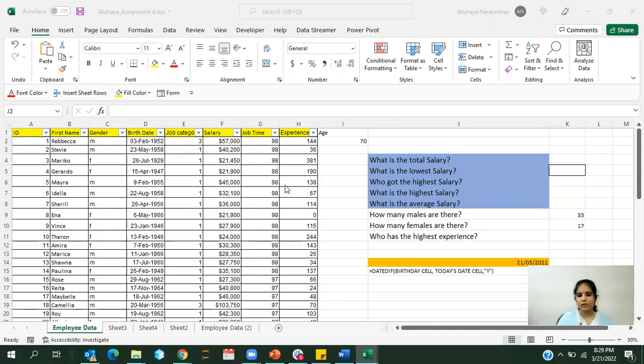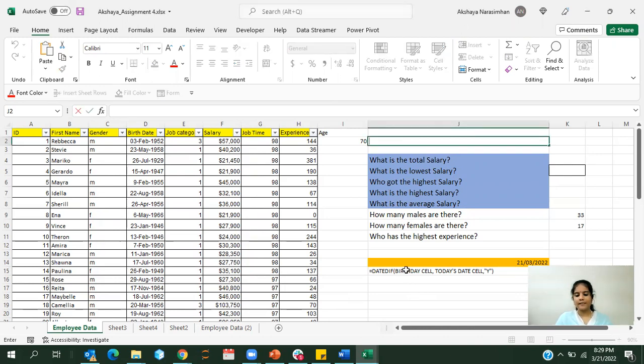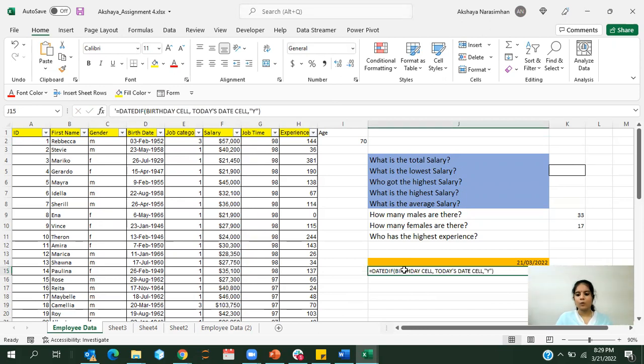But let's stick to only years in today's class. You have a formula called DATEDIF. Please see here, DATEDIF, open bracket, select the cell where there is the birthday, comma, today's date cell,